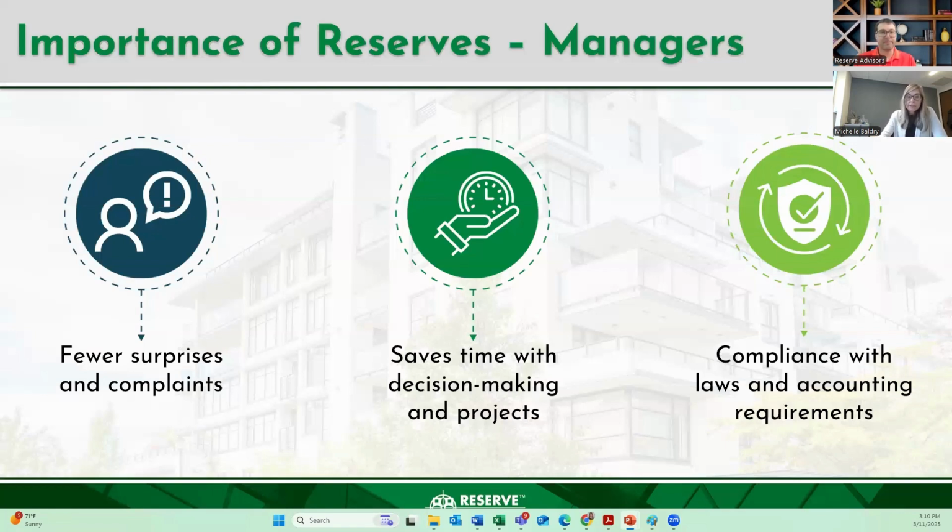Same with insurance. We hear insurance brokers and carriers are looking at reserves and reserve studies now to help understand their risk. They want their arms around this community. If you've deferred projects and don't have any money to do them, how likely are you to have a claim? So it's really, really important to make sure that you're aware of your needs, because others are going to be asking you the same before they invest in your community.